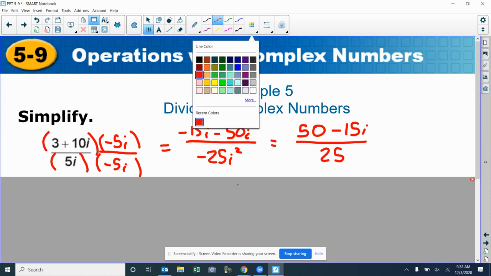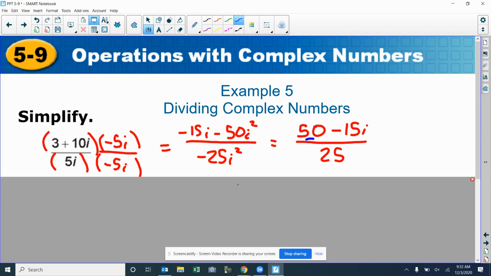Now, there is some commonality here. 50, 15, and 25 all can be, of course, divided by 5. So we're going to clean that up a little bit more by simplifying that. So it's going to be 10 minus 3i over 5. And that's your final answer. Now, in fact,